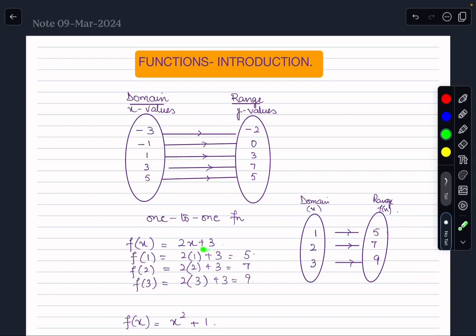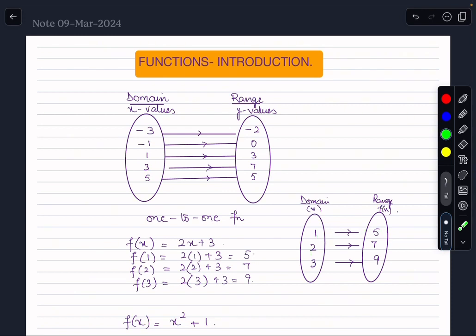Linear function meaning if I give you a function which is 2x plus 3, this is a linear equation, a linear function. If the domain or the x values are 1, 2, and 3, I substitute x as 1 and get 2 times 1 plus 3, giving me the range value 5. Substituting x as 2, the range is 2 times 2 plus 3, giving me 7. Substituting x as 3, 2 times 3 is 6, plus 3 gives me